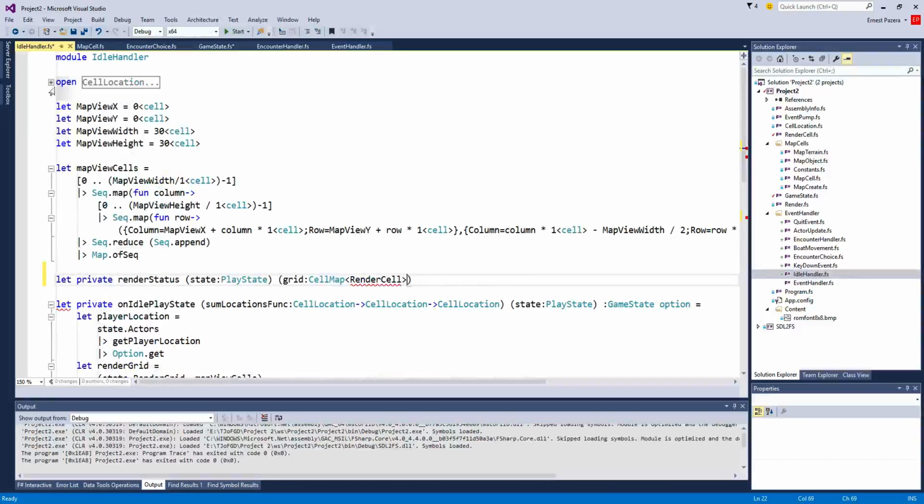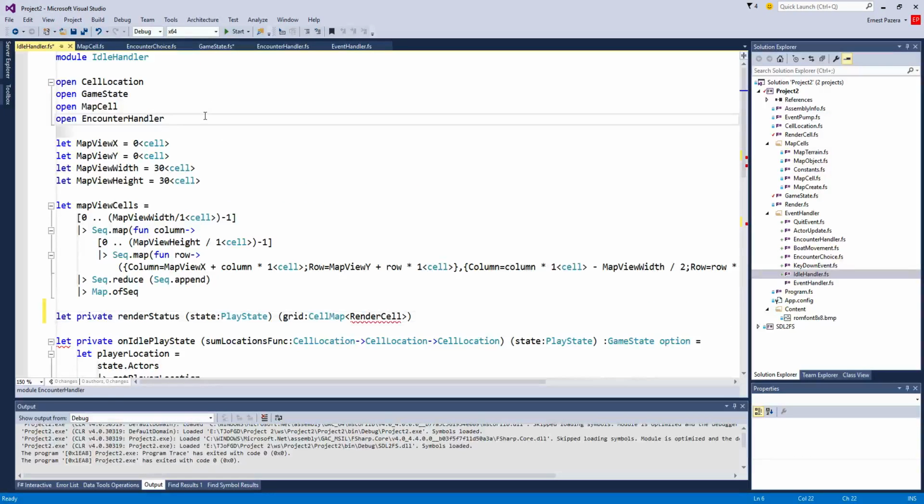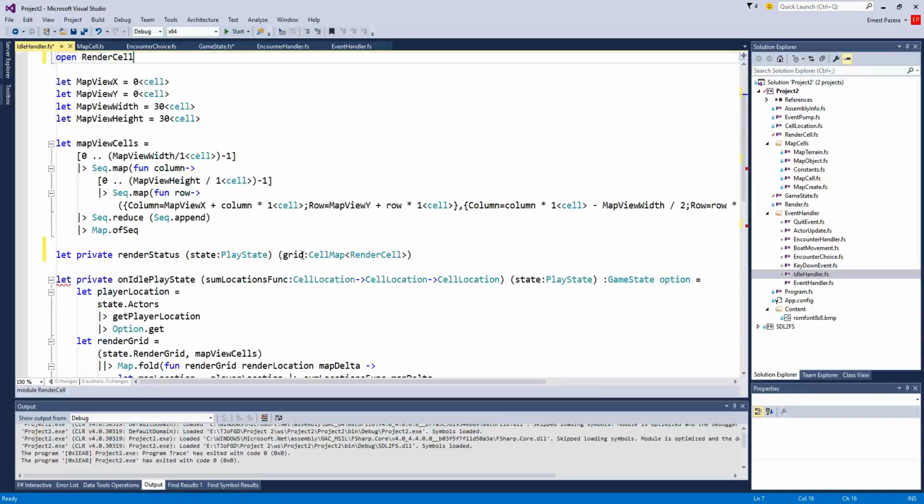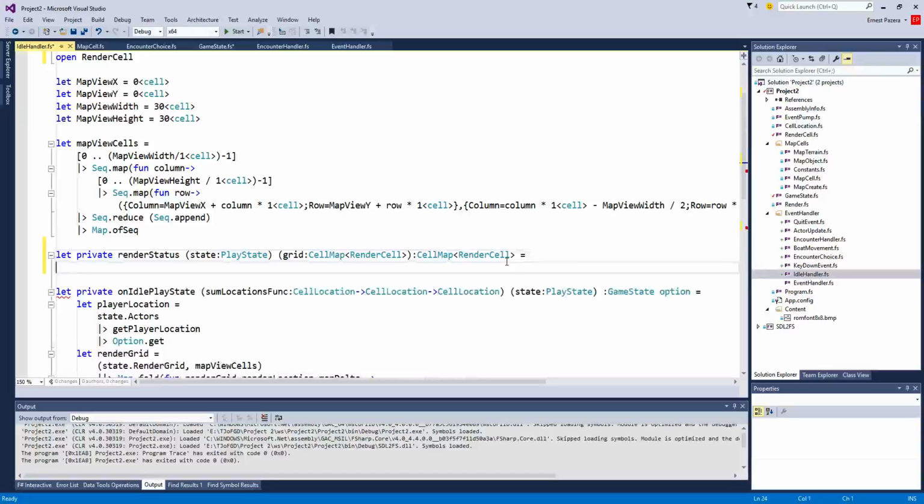So what do I call? Okay. So I should have render cell here. Render cell. Is that right? I want to return that. And the map view width plus the map view height. So this is